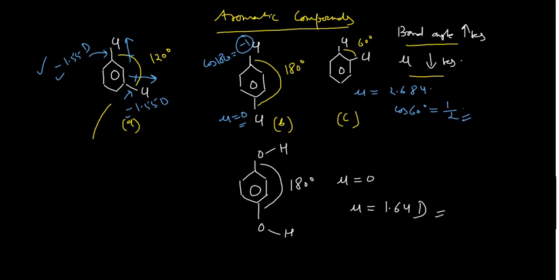The reason is quite simple, guys. You can see here, if I extend this line, it will form a bond angle of 83 degree, and the same is true for this one also. If I extend this one, then this bond angle is also 83 degree. And the lone pair is there on the oxygen, so the net dipole moment is projected in that direction, and in that direction. So due to this 83 degree, the dipole moment will not cancel, and it will have a very high dipole moment. Very important question.